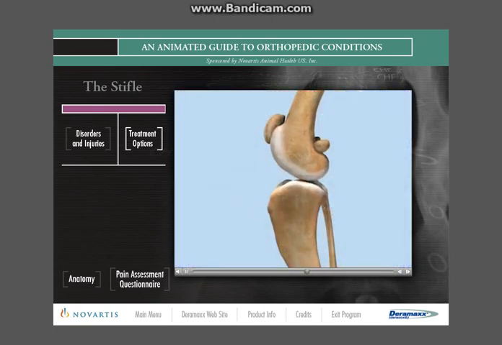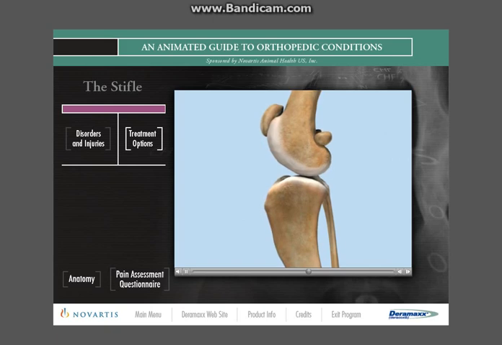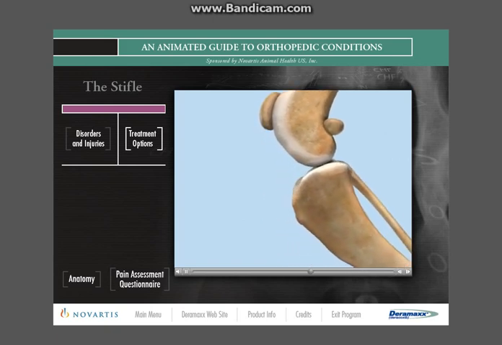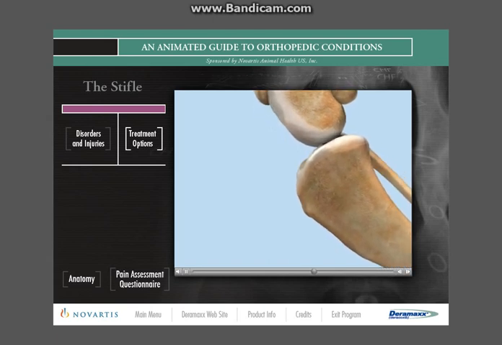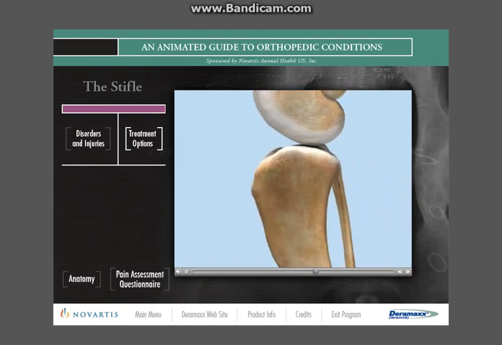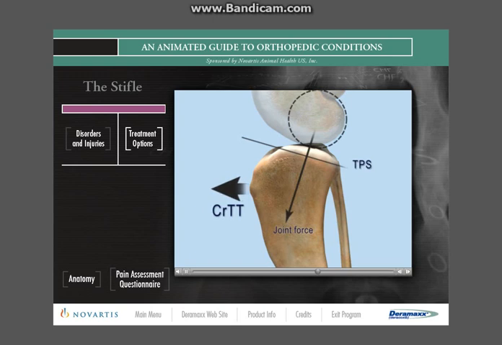Unlike traditional approaches, this osteotomy procedure does not attempt to restore cranial cruciate ligament function, but rather provides functional stability during weight-bearing by reducing the cranial tibial thrust. Because the magnitude of the cranial tibial thrust is proportional to the slope of the tibial plateau, the cranial tibial thrust can